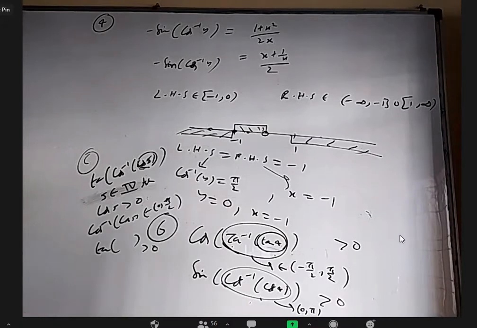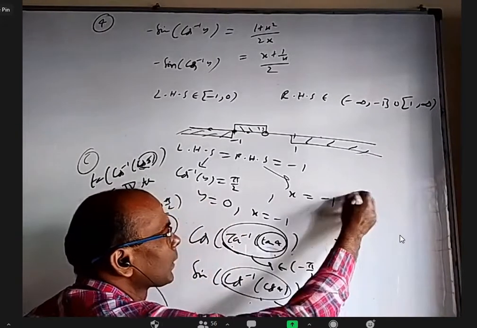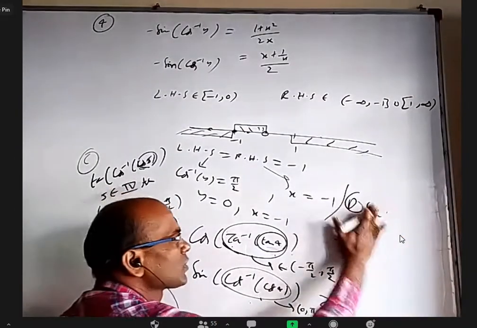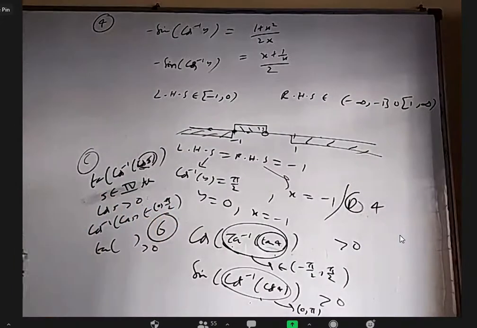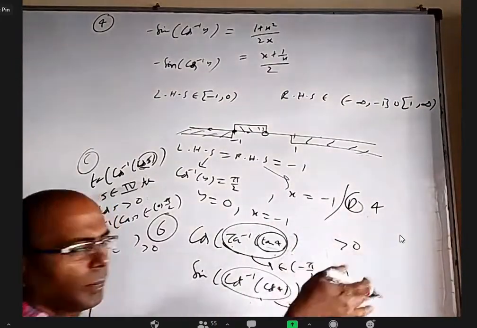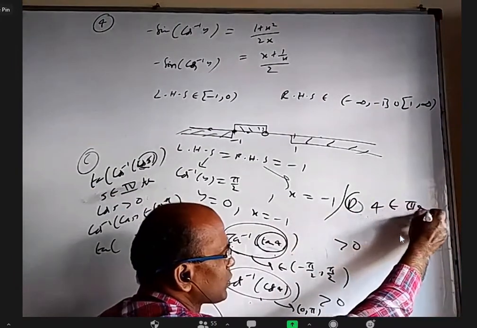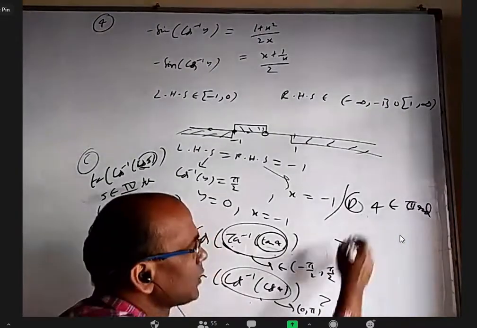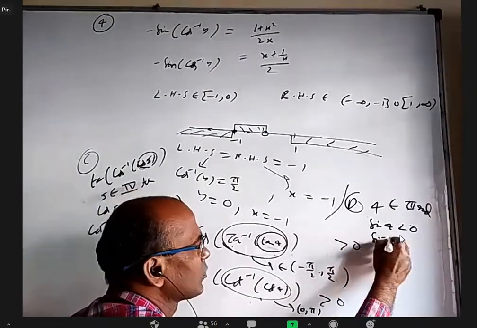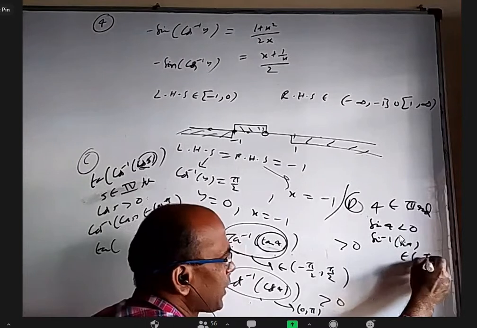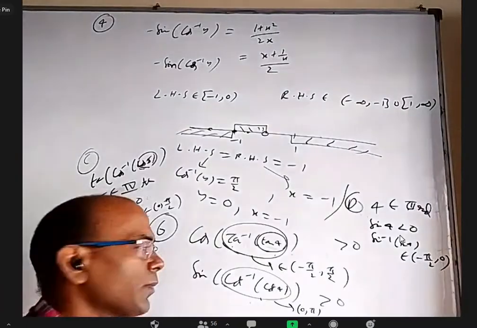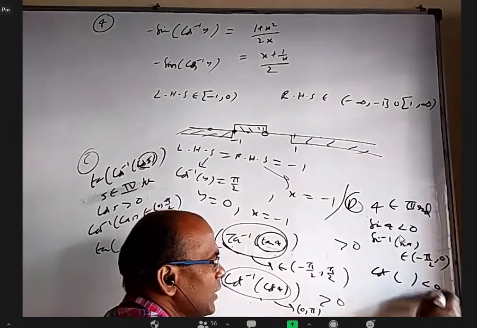Okay, D bit: cot of sine inverse sine 4. First of all, 4 is in which quadrant? Third quadrant, more than pi and less than 3 pi by 2. So sine 4 will be negative. Because sine 4 is negative, sine inverse sine 4 will belong to minus pi by 2 to 0. And if something is between minus 90 to 0, cot is negative. So cot of that whole thing will be less than 0.